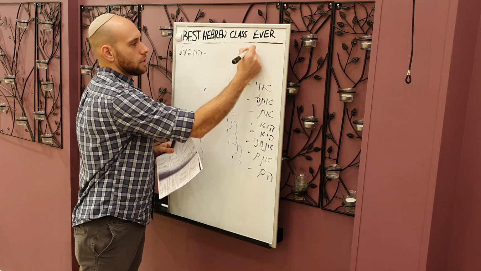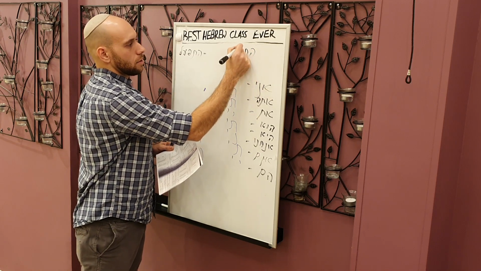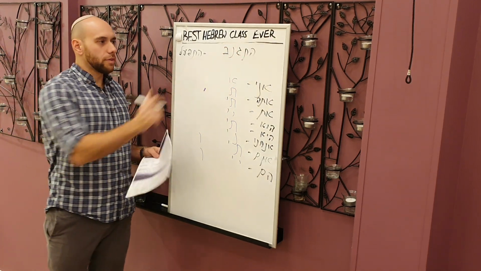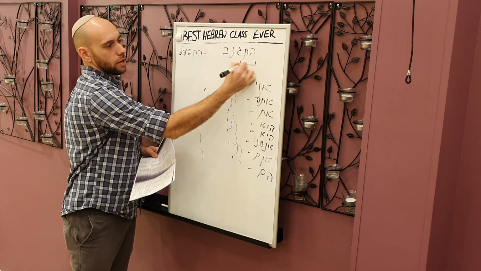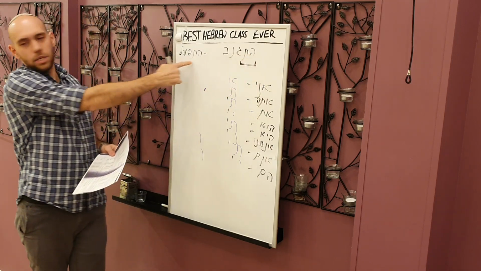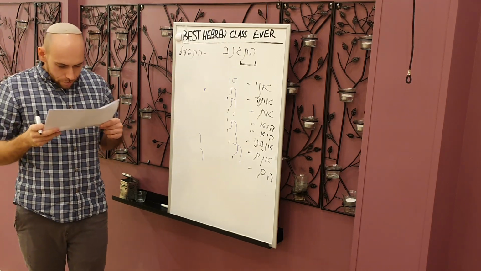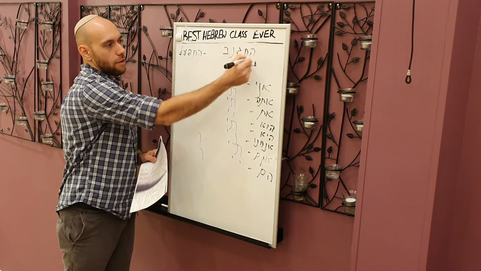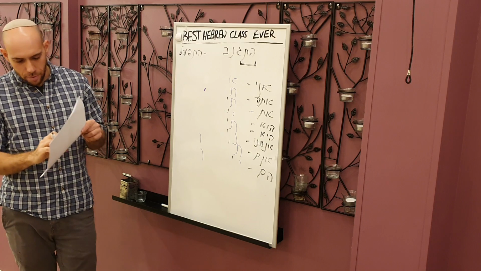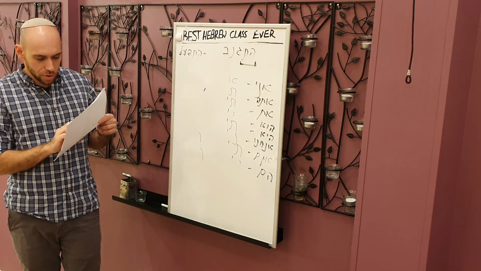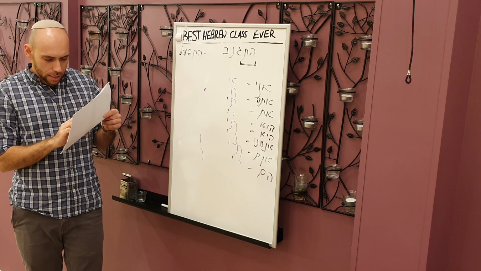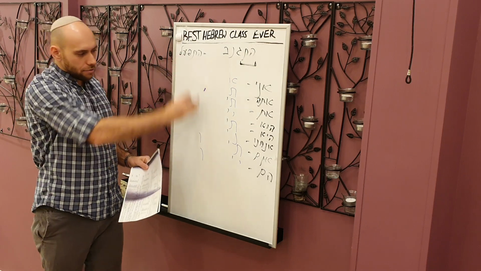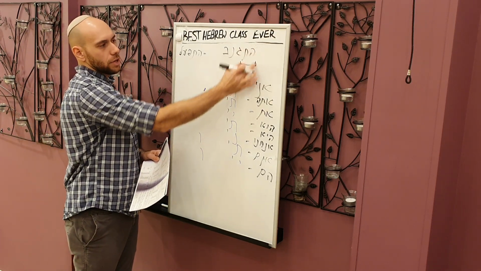So it's hit ganev, okay? Right away, what do we notice? We've got this prefix right here, hit, and that tells you it's Hitpa'el. In the past tense, you add this to everything. If you look at the past tense column for Hitpa'el, it all starts with hit: hit ganavti, hit ganavta, hit ganaft, hit ganev, hit ganva. You have all those past tense suffixes, but they all get the same prefix of hit,